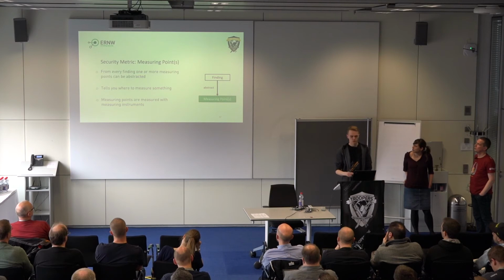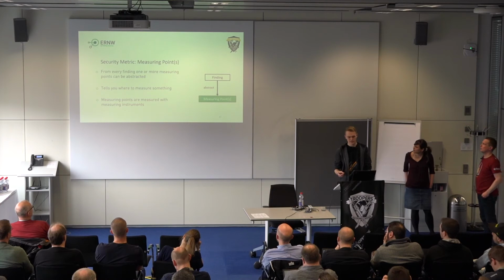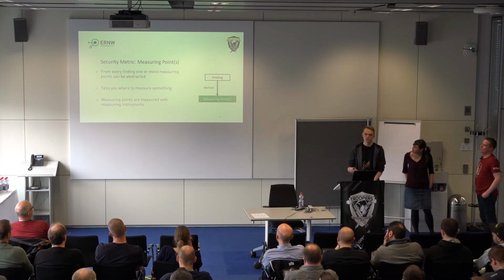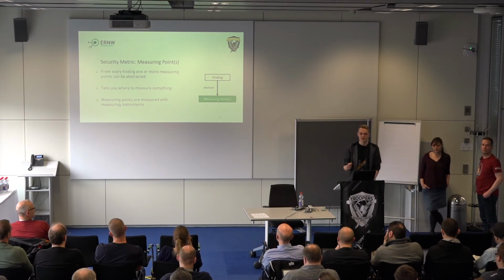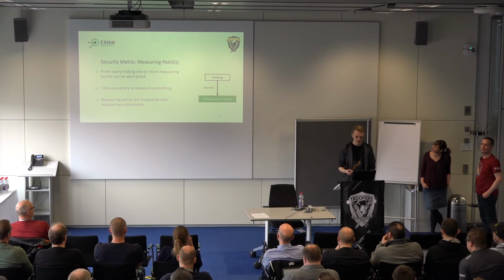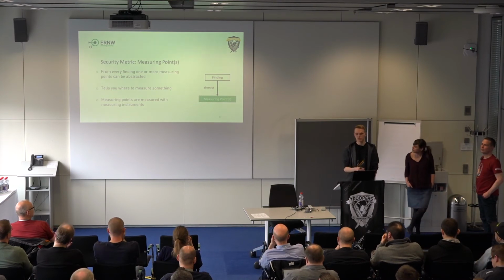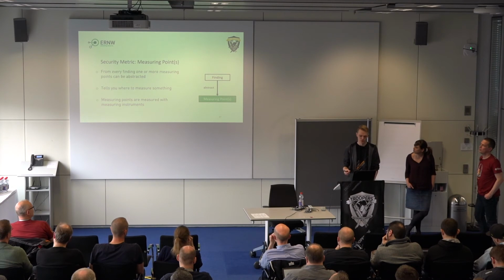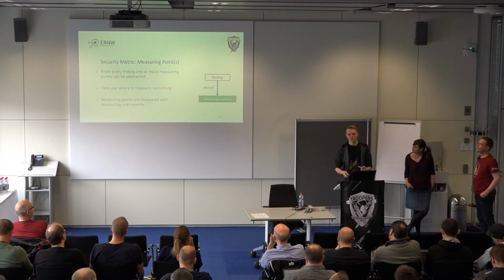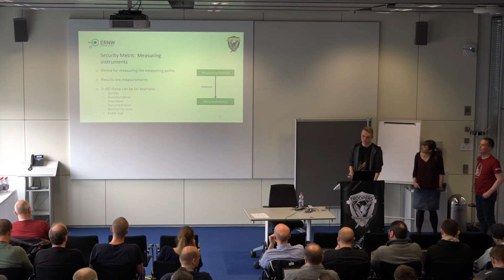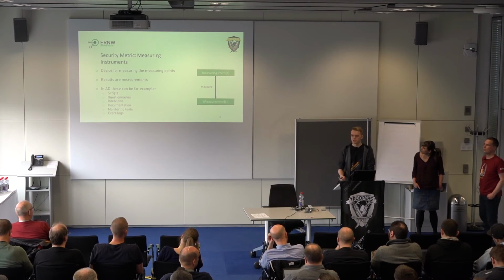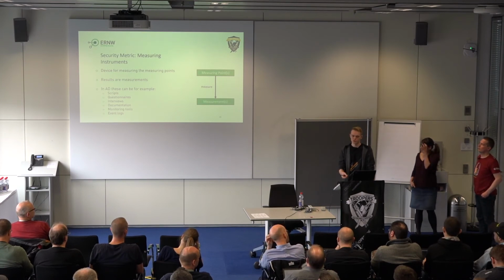So I will go quickly through some of these steps. So with the measuring points, like I said, you abstract them at the beginning from the audit findings, because you already had some idea of how do I identify if this is a finding or not. And one finding can result in one measuring point, but it can also be multiple measuring points. And the measuring points are then in turn measured with your so-called measuring instruments, like we heard before in the definition. And this is your actual device or tool which gives you measurements from your measuring points.